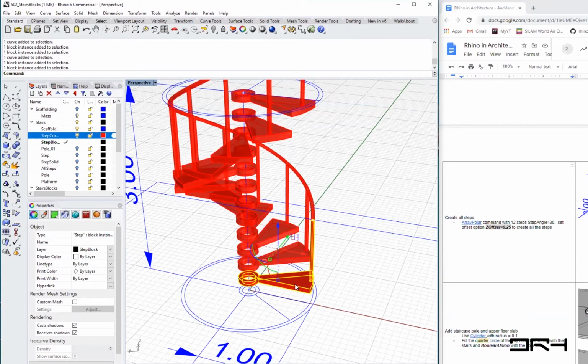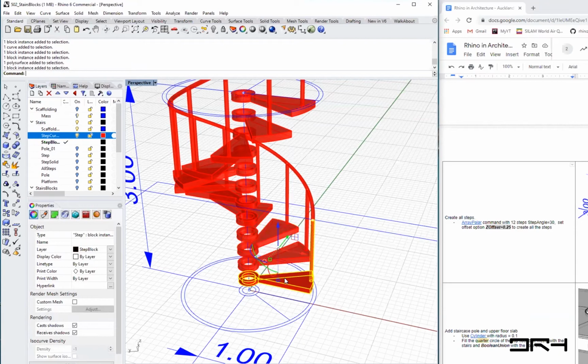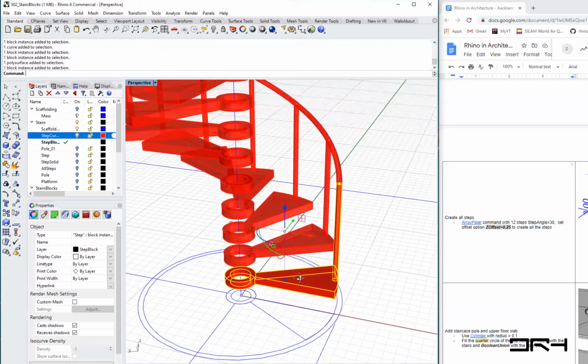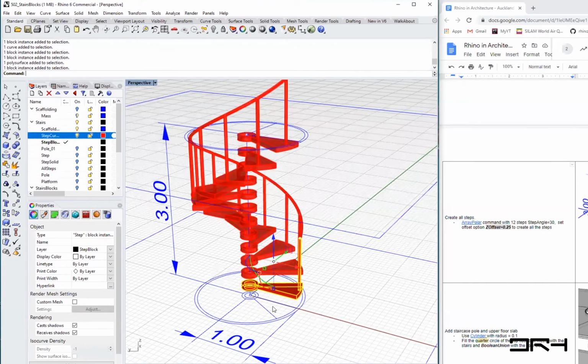Once it was created in there, although I'm selecting, the other ones are in the step curves, and this one is in the step block. Quite strange, to be honest. I don't know why it's still there, but so what we can do is